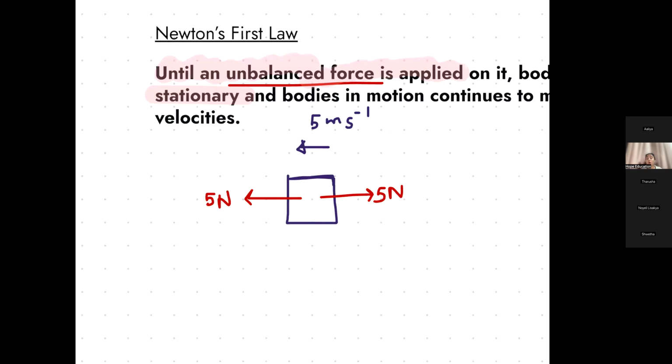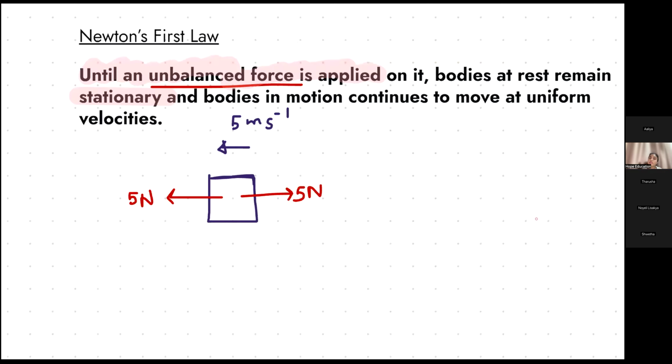This object was already moving with a velocity of 5 ms^-1. I gave a 5 newton force, and Sandaru gave 5 newtons to the other side, so it's balanced. Since it's balanced, this object will forever move at 5 ms^-1. It's a uniform velocity, right? If it goes at the same velocity, we call it a uniform velocity. So the object will continue to move at uniform velocity. But, you know, in real life, let's say